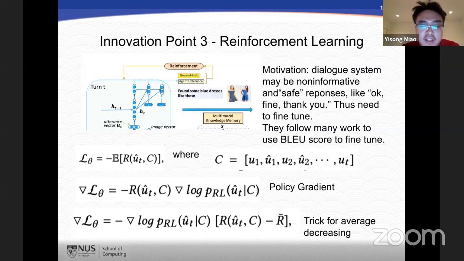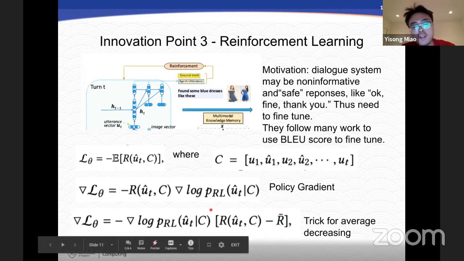Okay. I think I need to check some details, but they use the BLEU score. I think maybe they should in a text form. Yeah, I'm not quite sure here. So I think they use the BLEU score for text, but then they use image similarity for the images as the reward. Yeah, exactly. And here I only talk about the